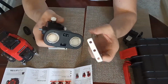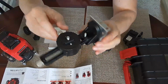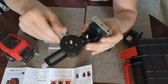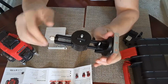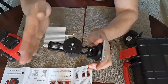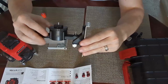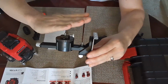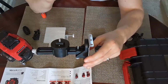So this is a fine tuning mount where the device would be mounted on here, and then it has some rotation here to rotate the device 360. You can also slide it this way. So when capturing, let's just say, a wall line, this will also allow for some fine-tuning adjustment off the wall. Another fine-tune adjustment vertically that will allow, let's just say this is mounted on the wall, and it will allow